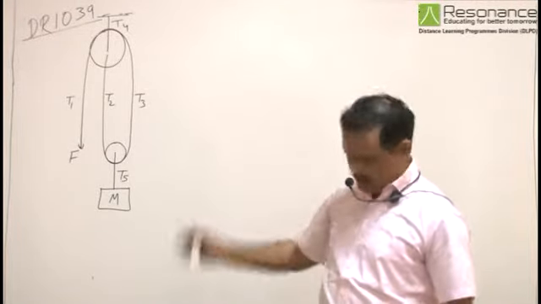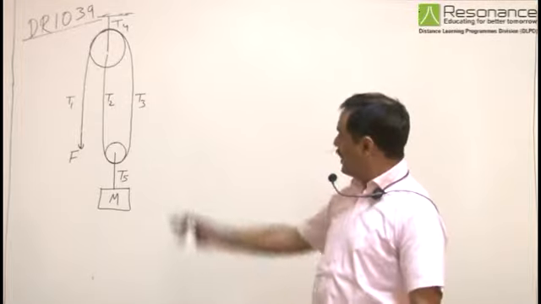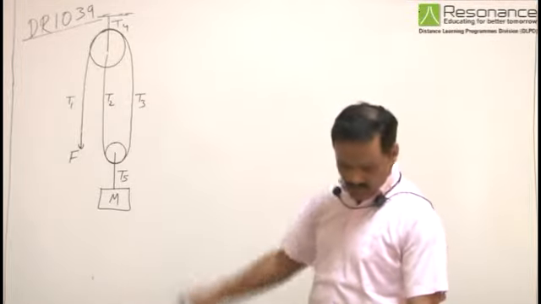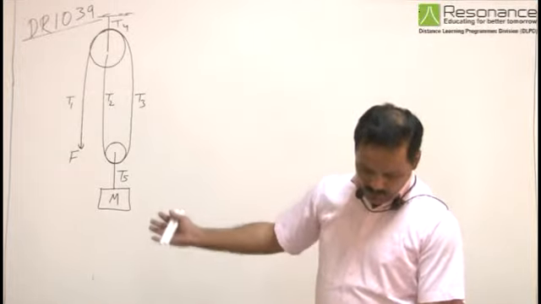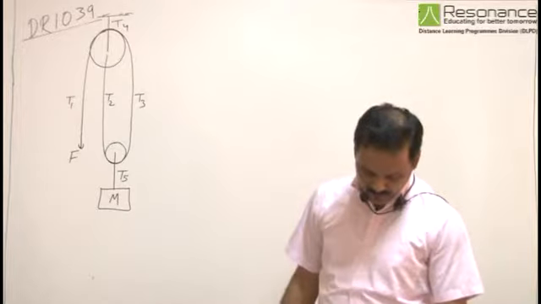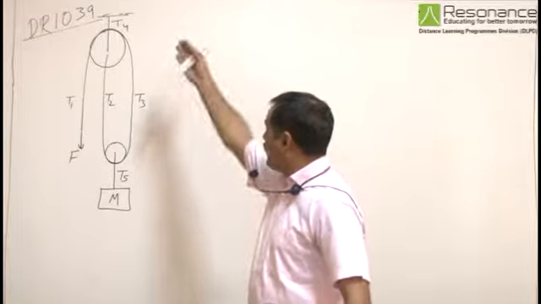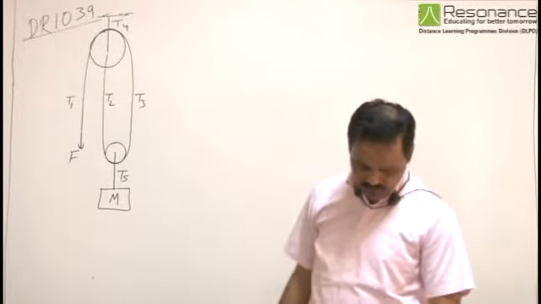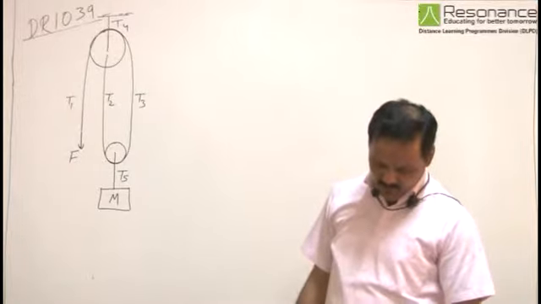In this question, a block of mass m is held in place by an applied force F, as can be seen in the figure, and a pulley system. The pulleys are massless and frictionless. The tensions in the strings are given to be T1, T2, T3, T4 and T5. Now we need to draw the free body diagram for each pulley.